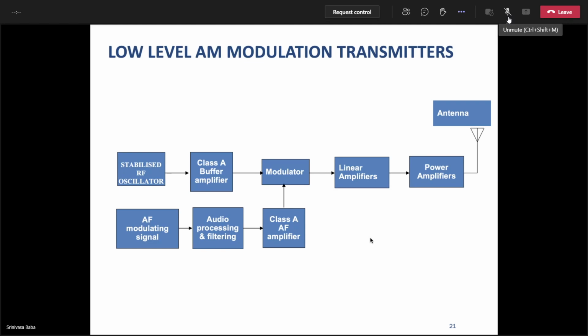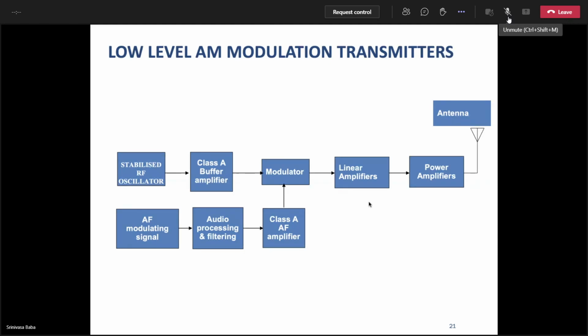Where is this distortion happening? This distortion has happened only at the transmitter itself, not in the channel, not in the transmission, but in the transmitter. Before sending it towards the receiver itself, you have distorted the signal, unfortunately. So that should be avoided because my information is present in the amplitude fluctuations. I should not use an amplifier that distorts the amplitude portion along the y-axis. So always linear amplifiers only to be used in AM transmitters.